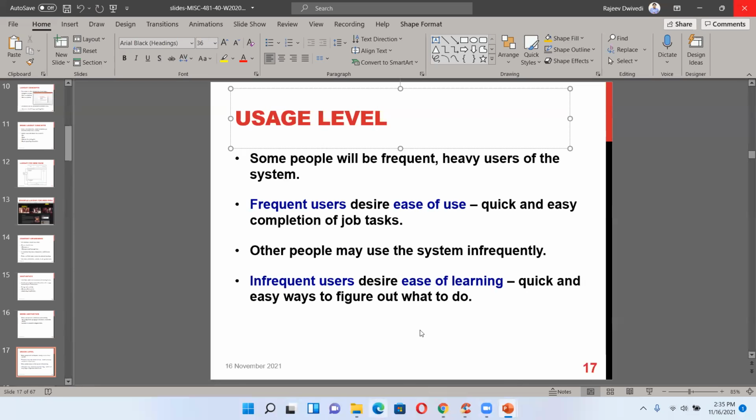So user level. Why am I not able to do this? Just a minute, I'm not able to scroll down my page. Give me a minute, my computer is slow. Okay, why?